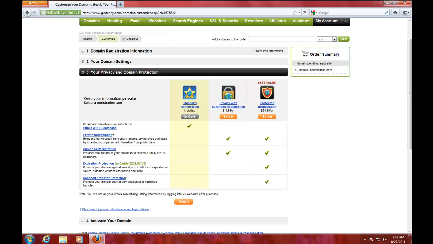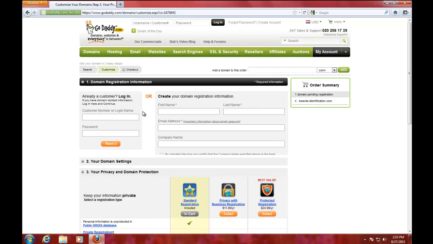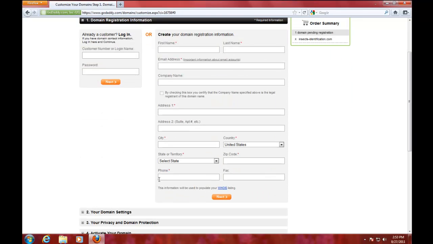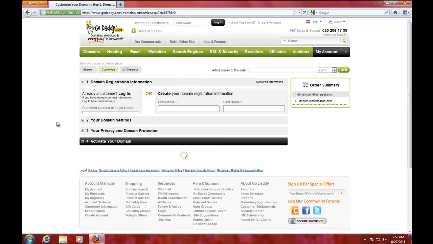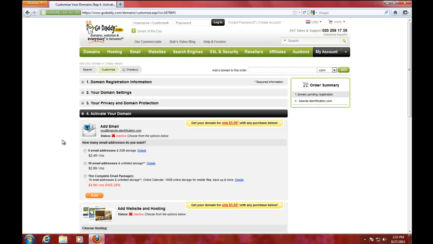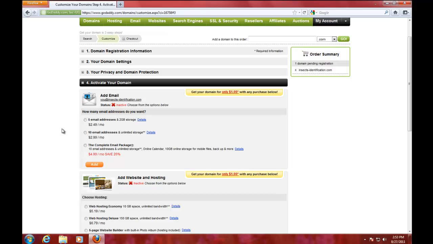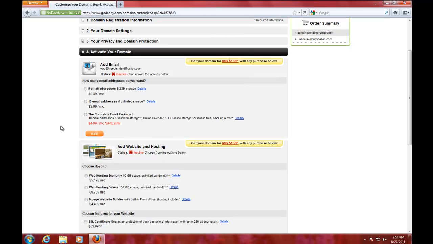If you don't care for all of this, by all means do a standard registration, but that doesn't mean that all the information that you just typed in here will be on your whois page. Almost nobody does it anymore. I've yet to come across it, unless you're a big company. You can have maybe like your service desk on there. Now, activate the domain is